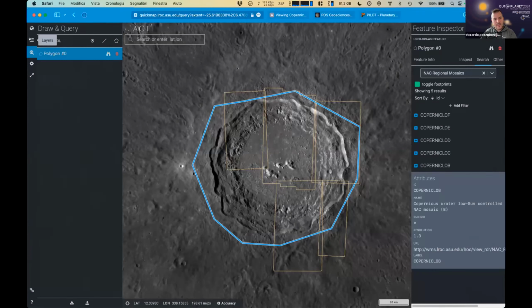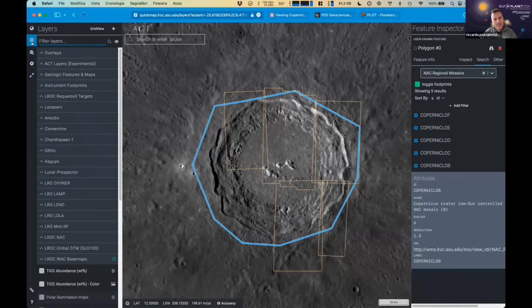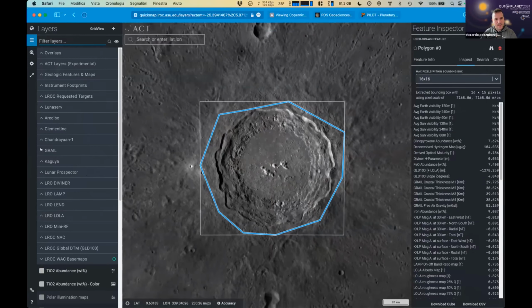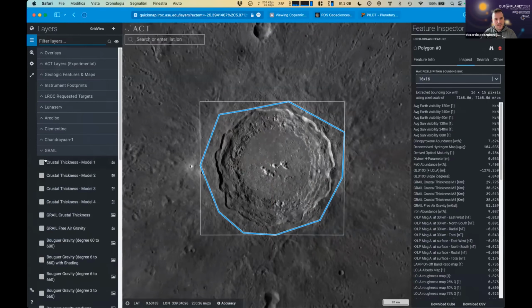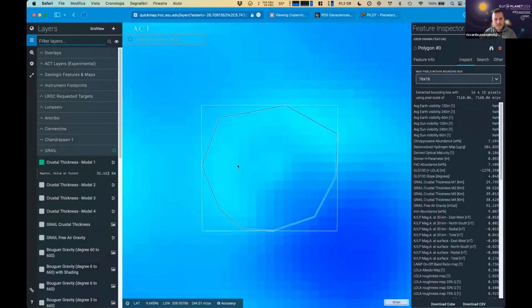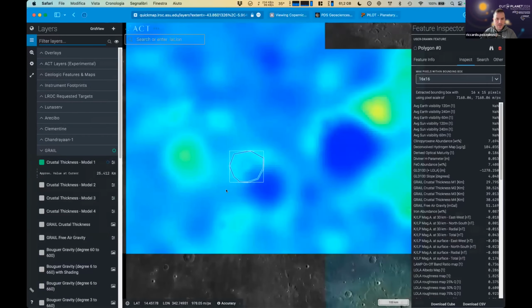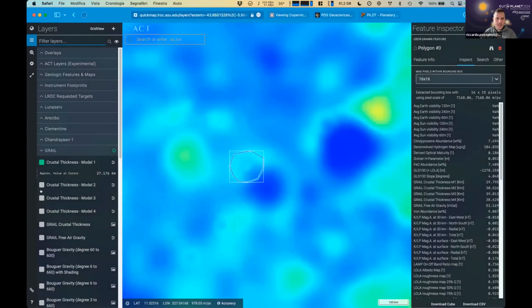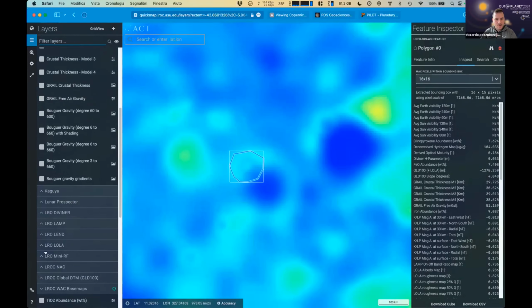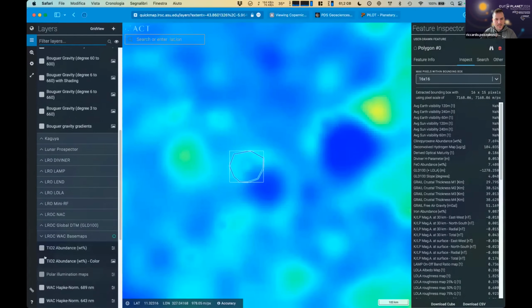This is a layer button. If you click it, you will get a global features map. This is basically the global products that you see here, but just displayed live. For example, there is the GRAIL crustal thickness model of the moon. You can toggle this layer, and you will get the model of the crustal thickness. And this can be consulted live in the QuickMap, or for example, the gravity anomaly, or global DTMs, titanium